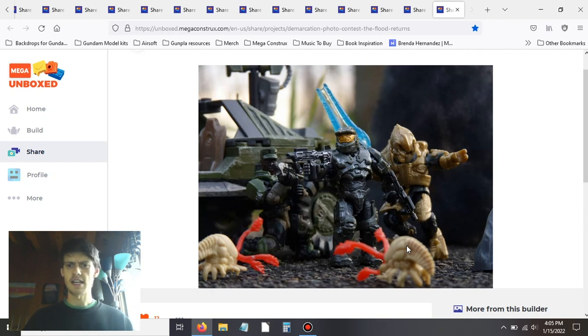I think that works out really nice, actually. And then we have the kind of problem of this photo. The reason why everyone has their guns and swords out is Flood. We've got two little Flood infection forms crawling in, but I'm assuming that there are more off screen, in the setting of this